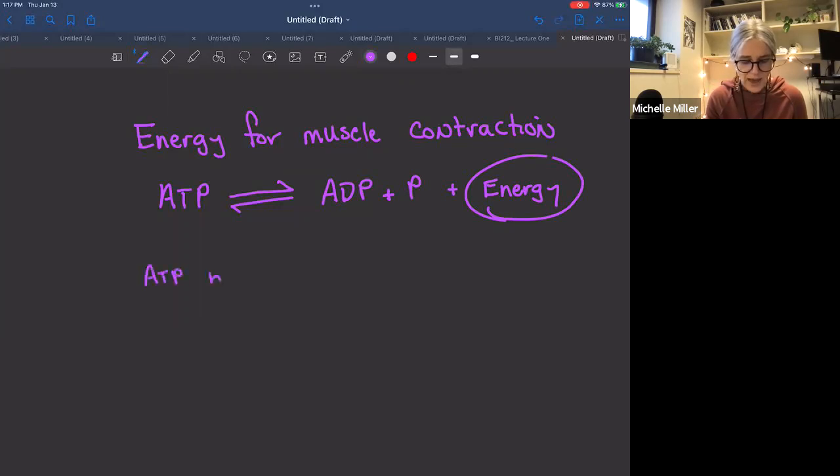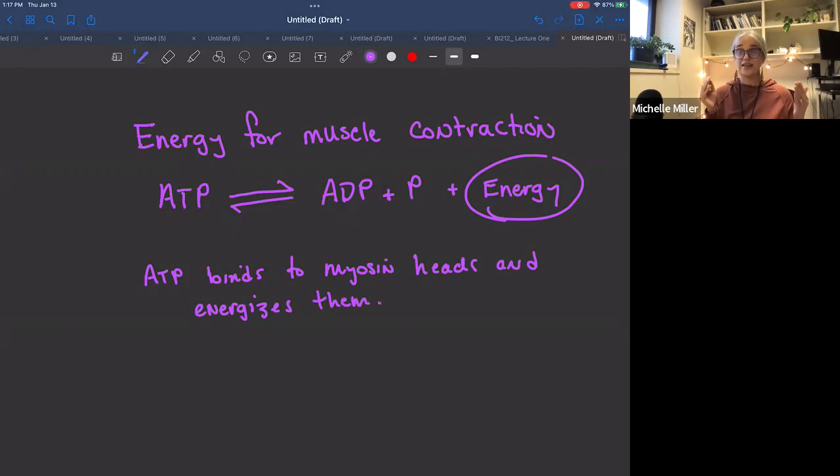ATP binds to the myosin heads and energizes them. So the energy can be stored in those myosin heads. This energy can then, when there is a connection, which they call a cross bridge, between the myosin heads and the actin, cause the pivoting of the heads so that the filaments slide together. So when a cross bridge is formed,